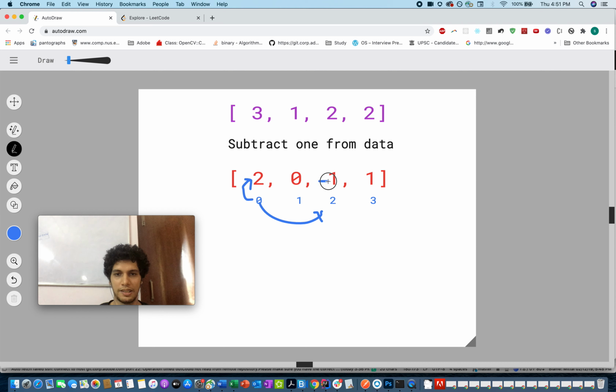So I put a minus here and it is done. Now comes the second iteration, where I go to the 0th index from 1, and I negate this value. This becomes minus 0, and then I move to the index whose value is 2. I find the absolute value here, go to its position, the first position, and negate it.